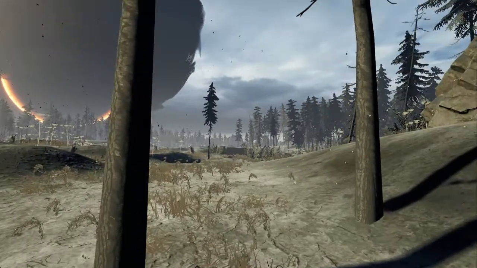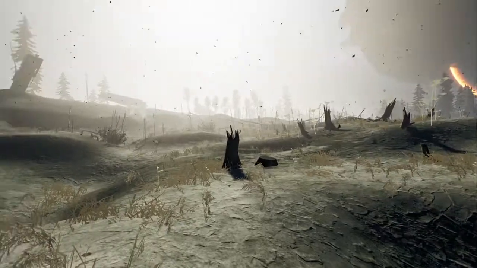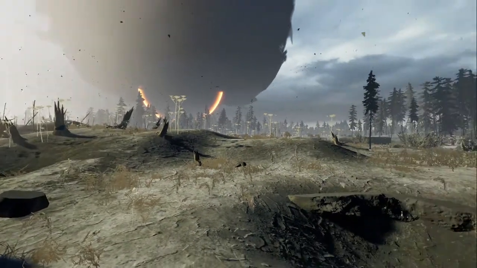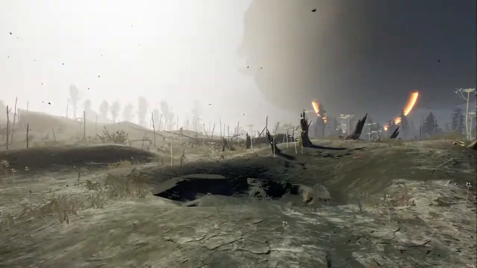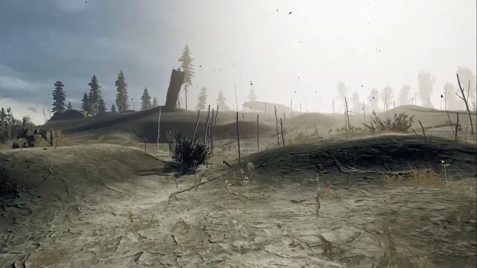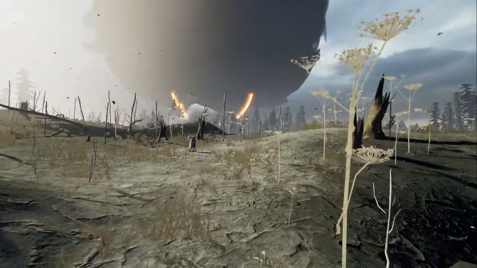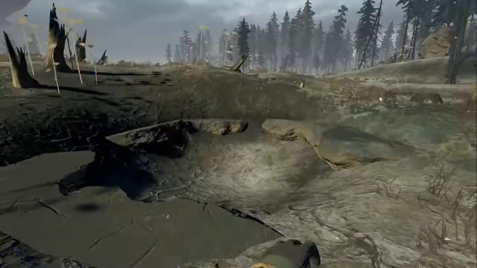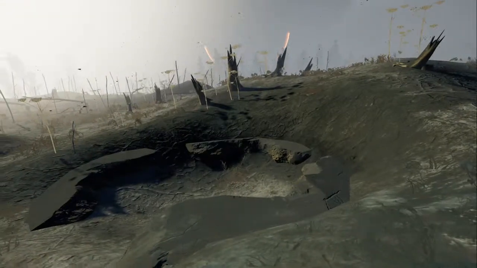So there's a bunch of fragments by that truck. Gotta watch out for sigils. Those are the white circles on the ground that will slow you down if you enter them. And oh, that's a fragment. You gonna go down through there? Let's find a nice spot to...